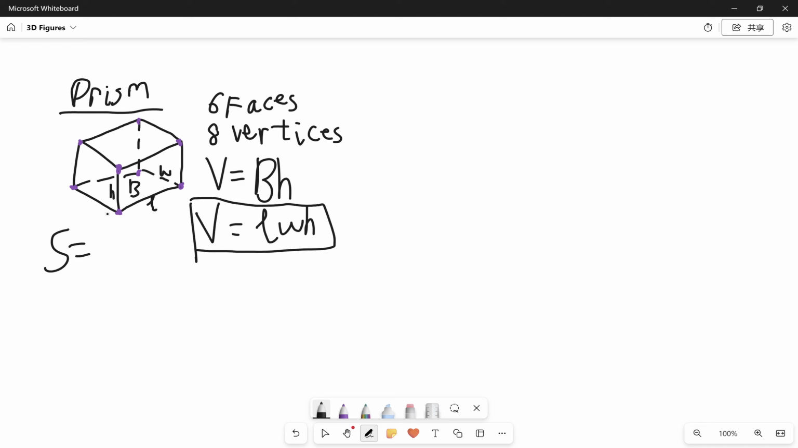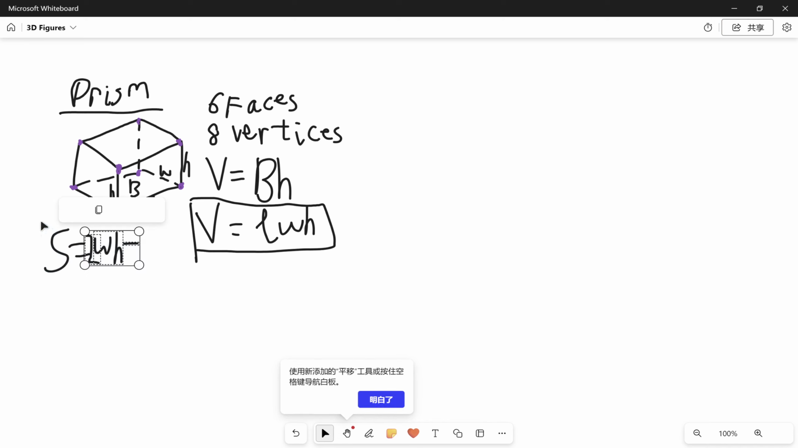Well, let's just try a few faces. This face over here to the side has a length of W and a width of H. That face to the back, like this, also has a length of W and width of H. So that's 2WH. Then we add that to